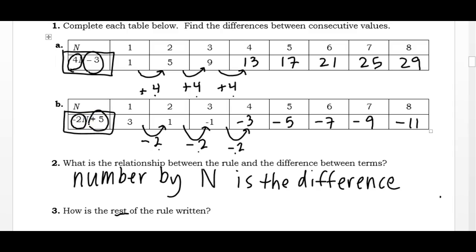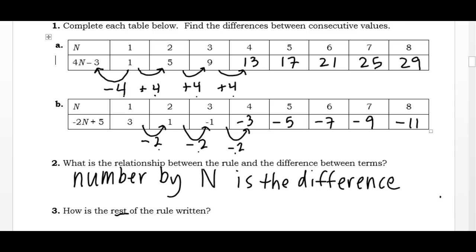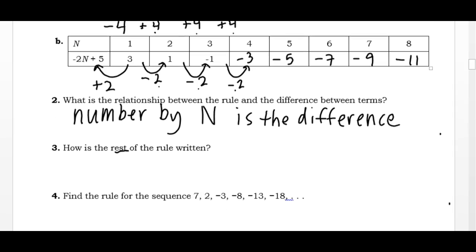Okay, so if I'm looking at the first one, and I continue this pattern backwards, meaning rather than adding 4, I subtract 4, that brought me to my other piece of my rule. And same thing on the second one. Rather than subtracting 2 to go forwards, if I add 2 to go backwards, that brings me to the other number in my rule. It's basically the starting number